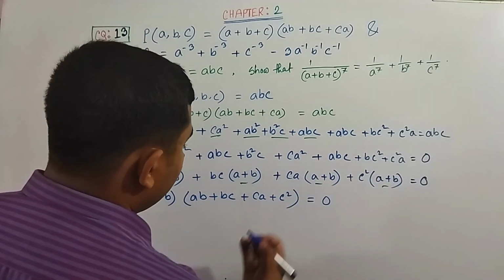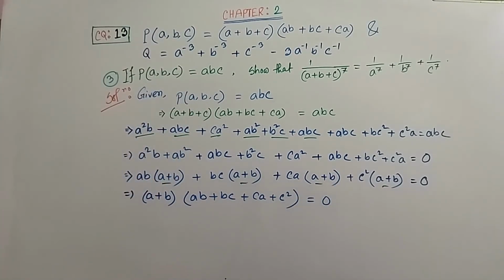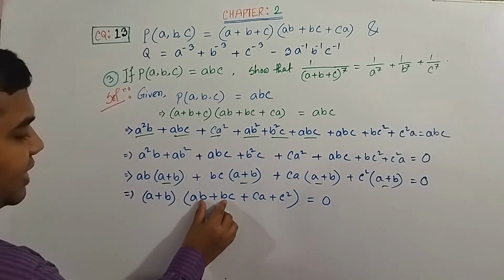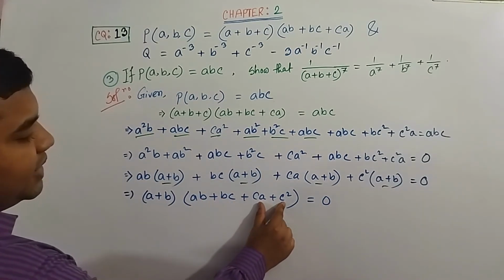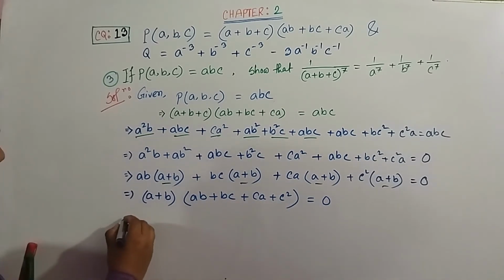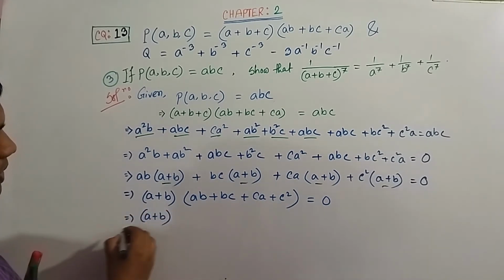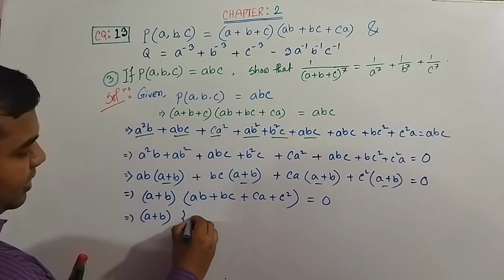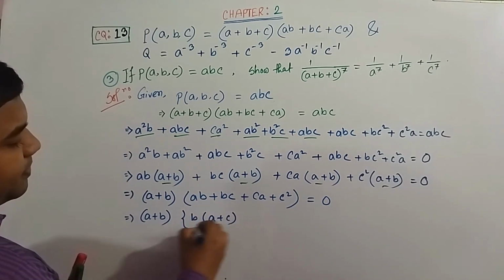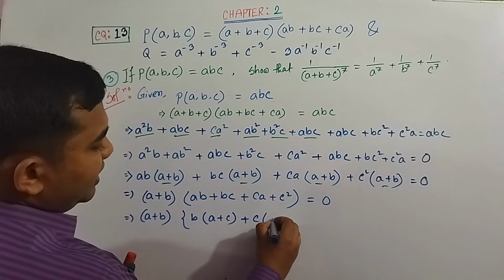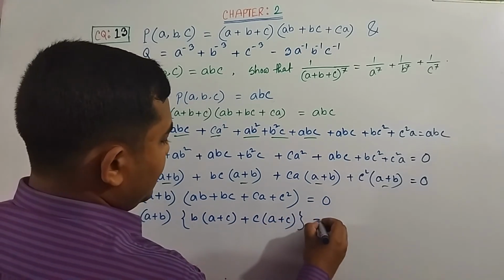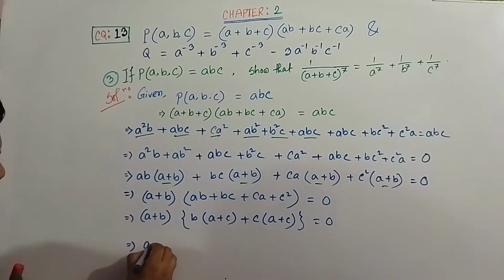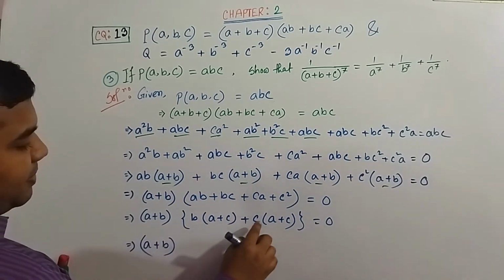is equal to 0. Now again we have to think so that we can take something common. From AB and BC, if we take B, then we get AC. Similarly if we take C, then we get AC. So again we can write A plus B, and if we take B as common, then we get A plus C, and from C we'll also get A plus C. So what we get is A plus B, B plus C, C plus A